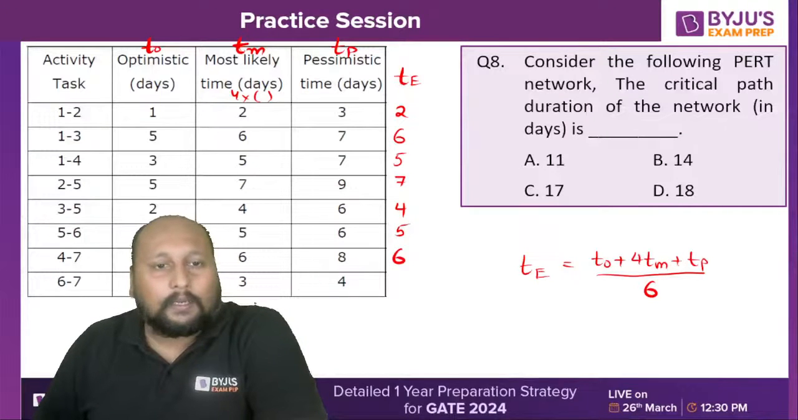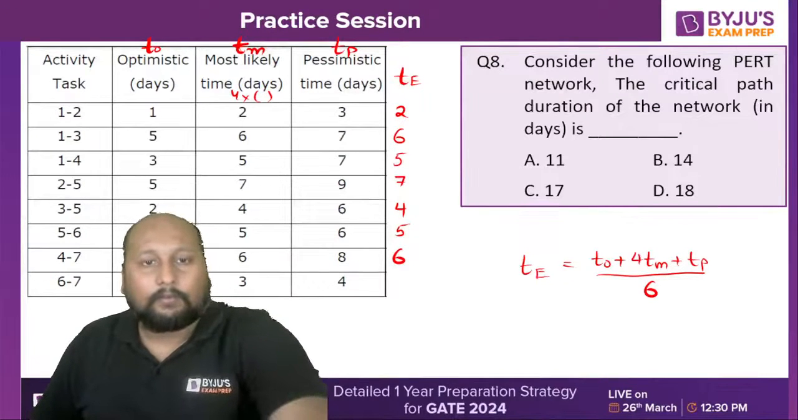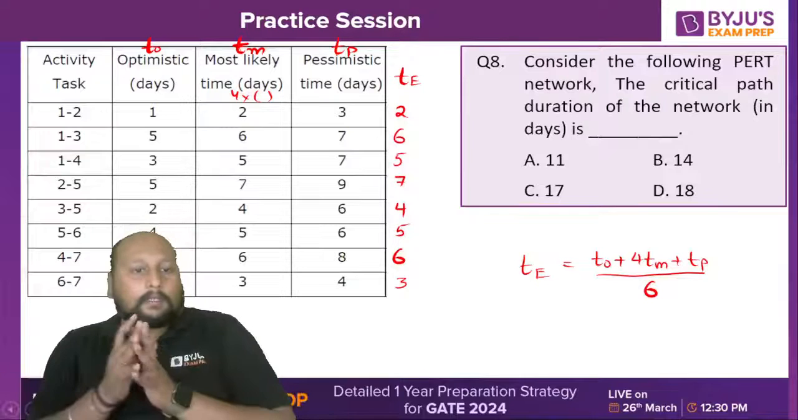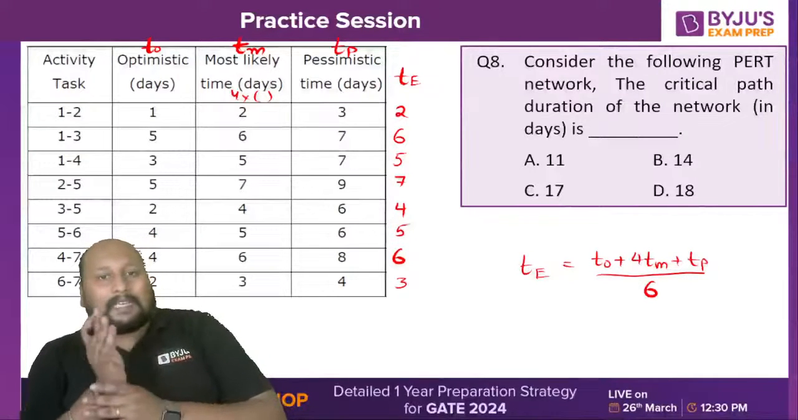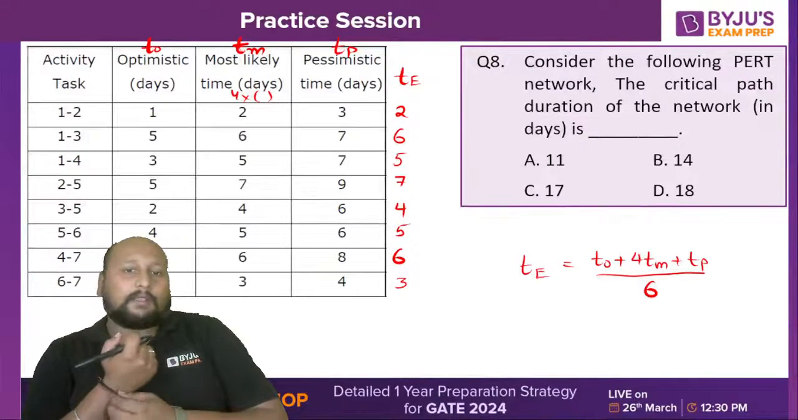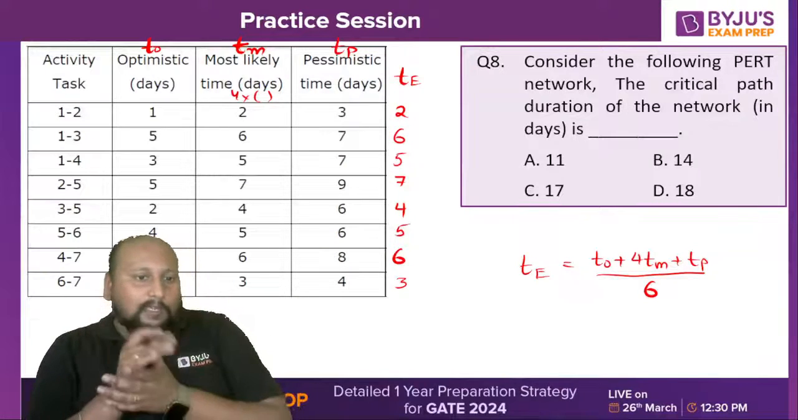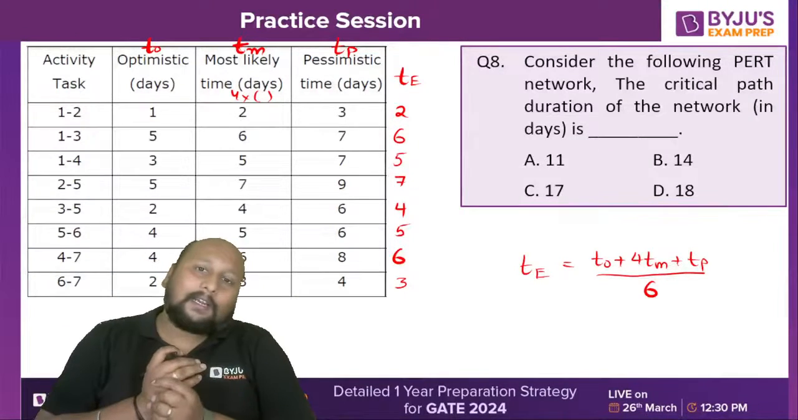And the last one is, are you able to see the value? Yes, let me hide myself for a second. 12 plus 6 is 18, 18 divided by 6 is 3. So you are getting 2, 6, 5, 7, 4, 5, 6, 3. Okay, fine. Now if you look closely, luckily we are getting the expected time of completion